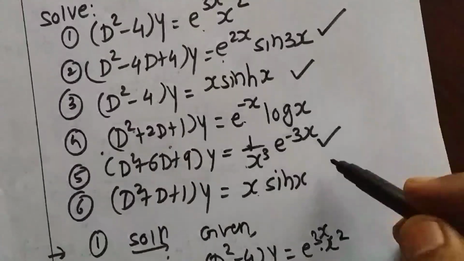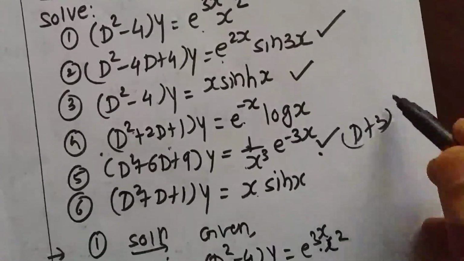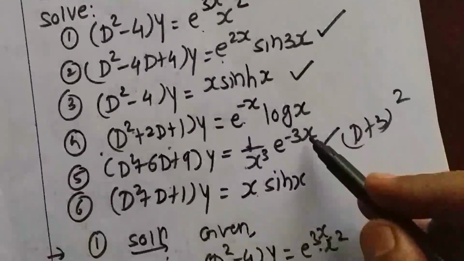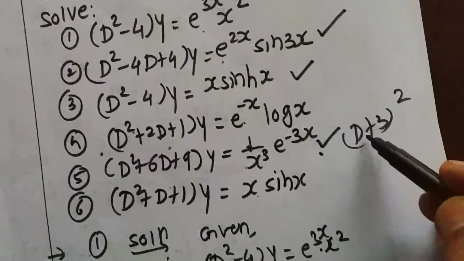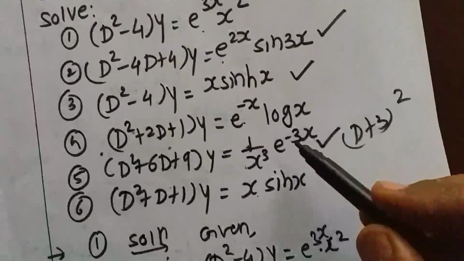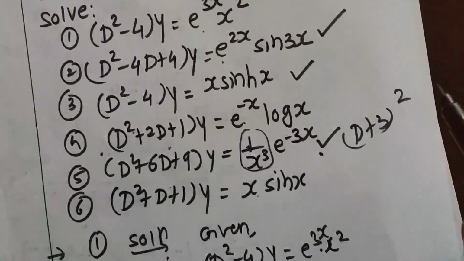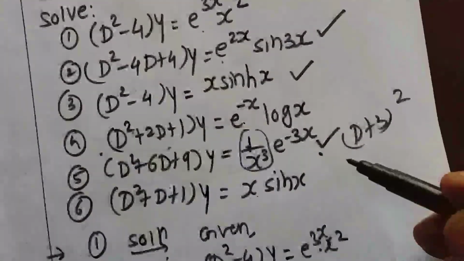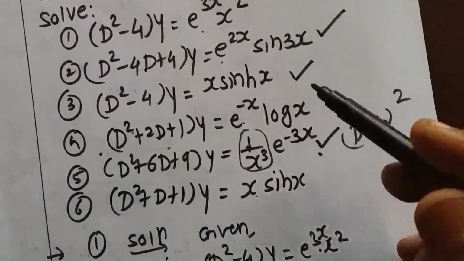Here in example number 5 we have (D plus 3) bracket square. So the value of a is minus 3. So when you replace D by D minus 3, you will get here D square. D square means integration of this 1 by x cube 2 times. Because for 1 by x cube we don't have any shortcut method. So you need to integrate this 2 times to get the solution. So try to complete